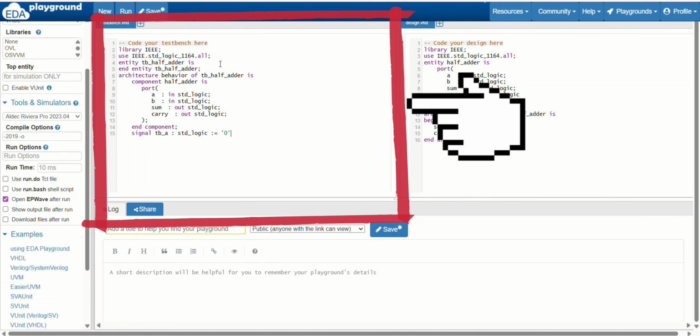For this, the equals to will be colon equals to, then single quotation 0, single quotation close, semicolon. Once again, signal TB_B std_logic, colon equals to, single quotation 0. Okay, then output,